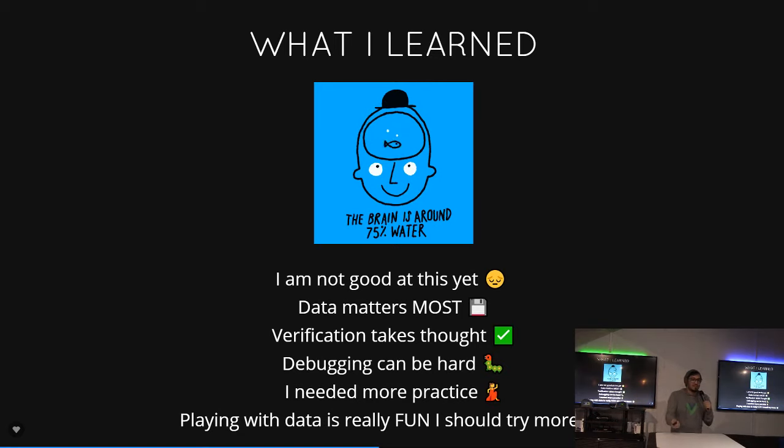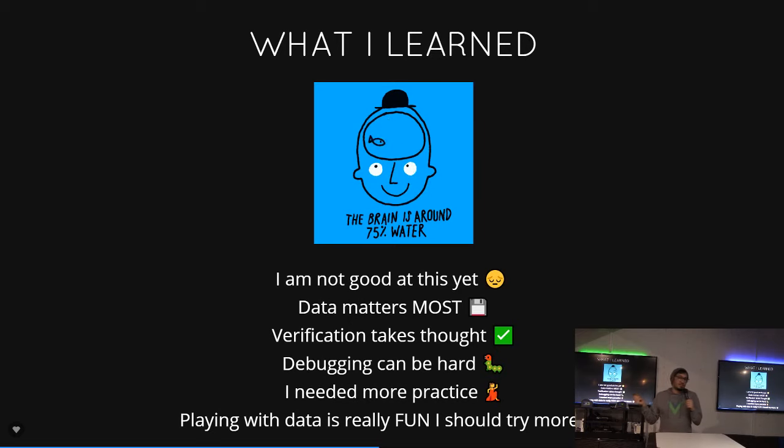Verification takes thought. Like I said, I got this result that looked like some sort of indicator that I was on the right track, and it happened to be close. Other ones failed for other reasons, like I didn't take into account that there could be 2 directors on a movie, and that might make a difference. And like I said, the spaces. I had noisy, not very well prepared data, honestly.